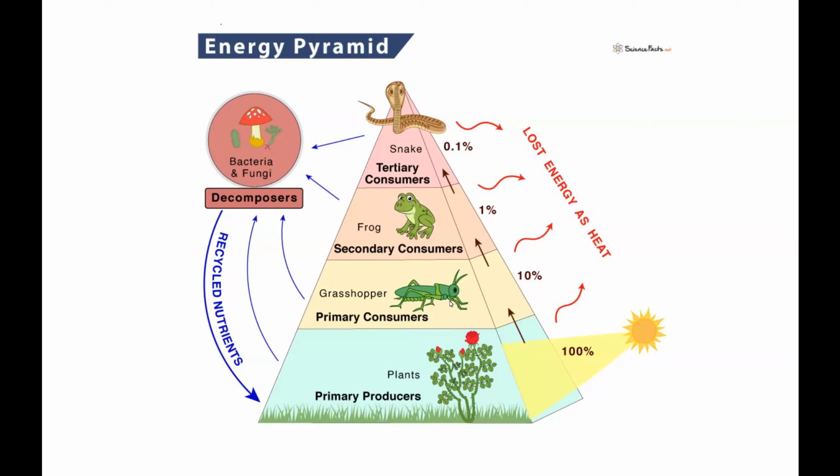And so it decreases by 90% every time. So primary consumers get 10%, secondary consumers get 1%, tertiary consumers get 0.1, and then if it goes above that, it's 0.01. But very few ecosystems will go above the tertiary because there's just not enough energy to support